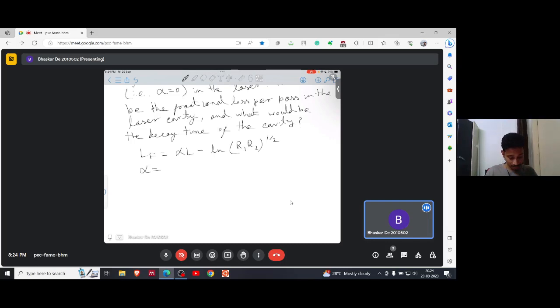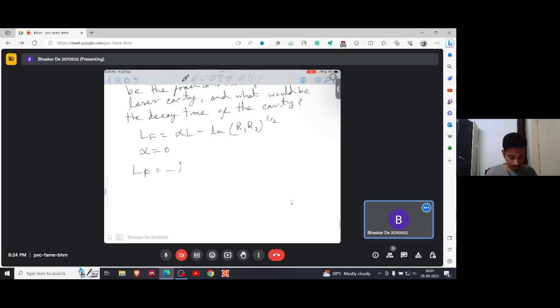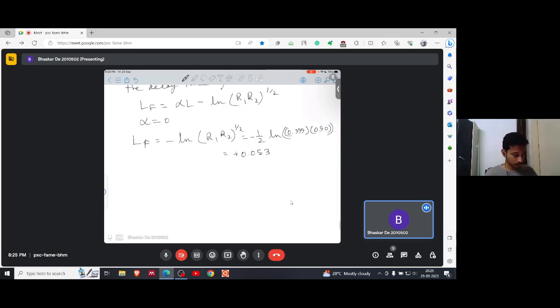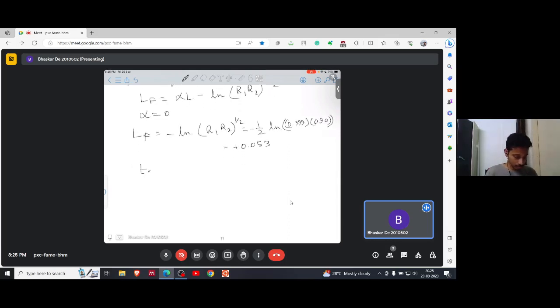Now here alpha is given 0, so LF equals minus half ln of 0.999 times 0.90, which gives 0.053. And now TC equals